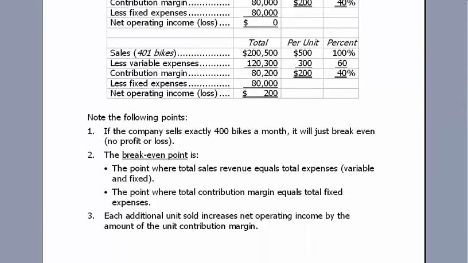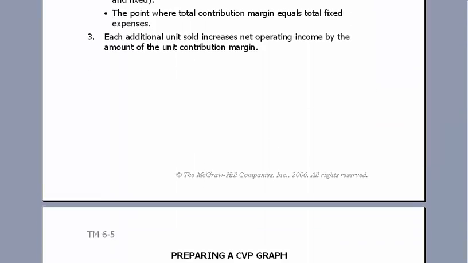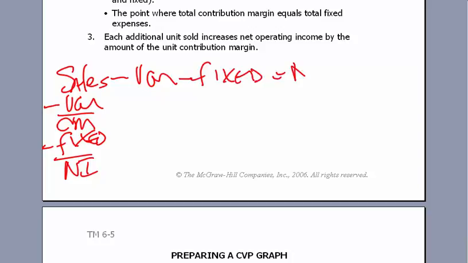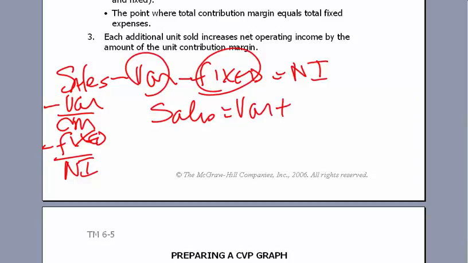So I'd like to make use of this white space and show you the difference, and see if you agree. We have sales minus variable cost is contribution margin, minus fixed is net income. That would be our income statement. We could rewrite that instead of vertically: sales minus variable costs is contribution margin, which is just a subtotal, minus fixed equals net income. And if you took the variable and the fixed and put them on the other side, you'd say sales equals variable plus fixed